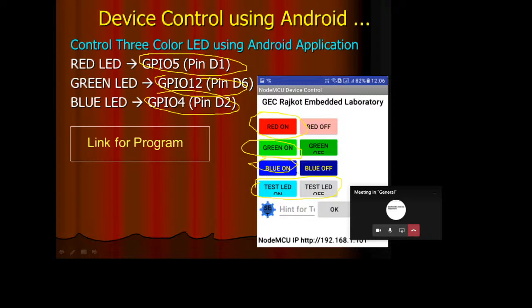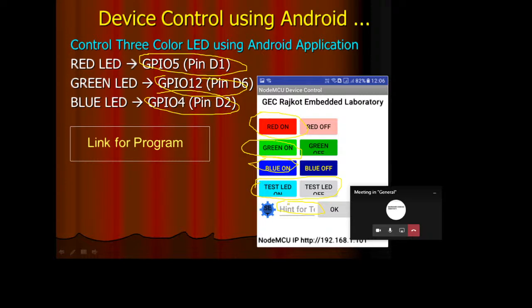Before using this app, please remember that you have to enter your NodeMCU IP here. Once your NodeMCU is connected with your hotspot, there are many ways to find out the IP address of that NodeMCU. The first easiest way is that in our program itself we have written, when you upload the program and then click on the serial monitor, it will display the IP address there. That at this IP address your NodeMCU board is connected. And the same IP address you can insert here.